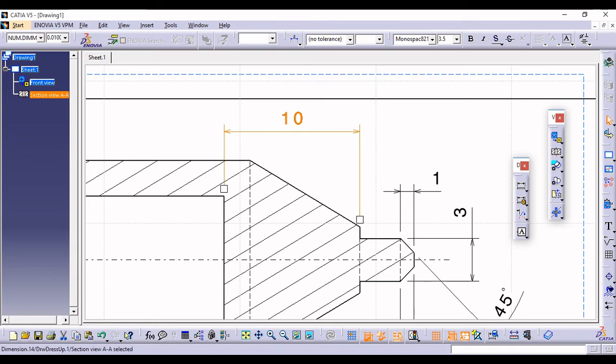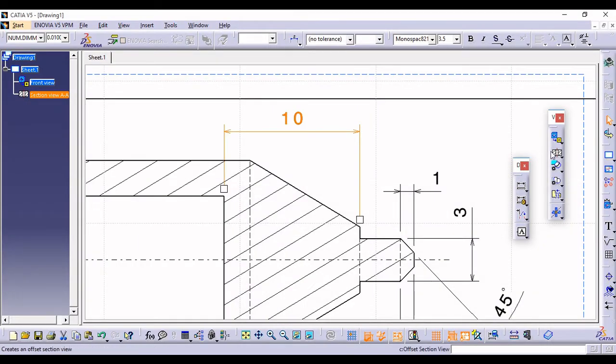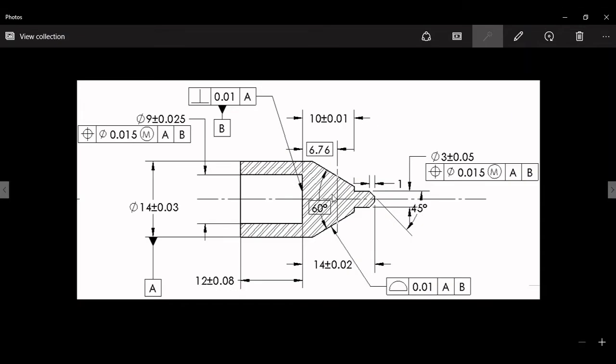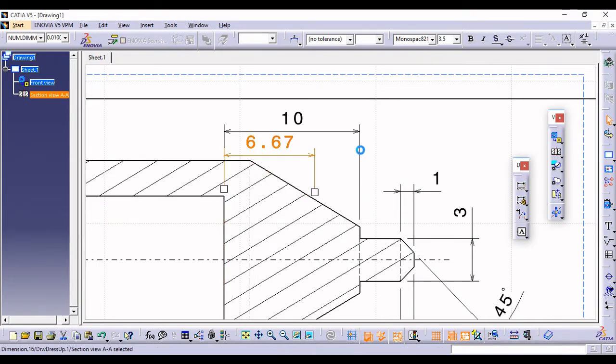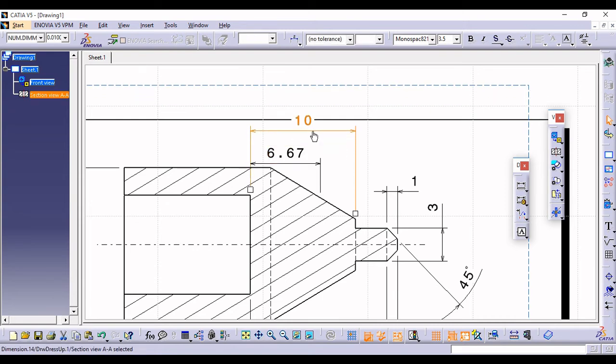Then the next one is 6.67, so select this. I think this is from here. From here to here we have 6.67. If you want, you can simply drag this upside.